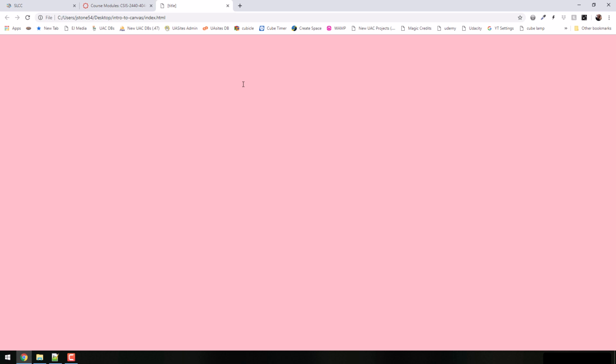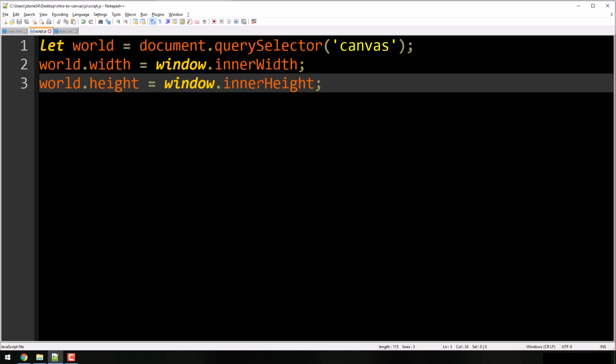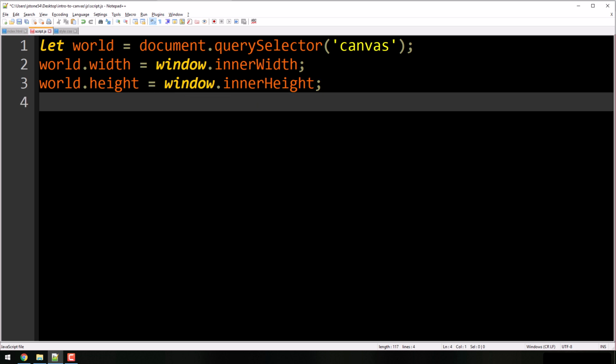Okay, next up. Now that we got the window the way we want it, now that whole pink area is our canvas that we can paint on, all right? So I'm going to make an object that has all of these properties that control. You can draw things, you can make circles, you can make squares, you can make arcs and triangles and lines and whatever you want, right? All kinds of stuff. So that's kind of like my paintbrush or my pencil, if you will. So I'm going to just make the variable called pencil. Doesn't matter what you call it though.